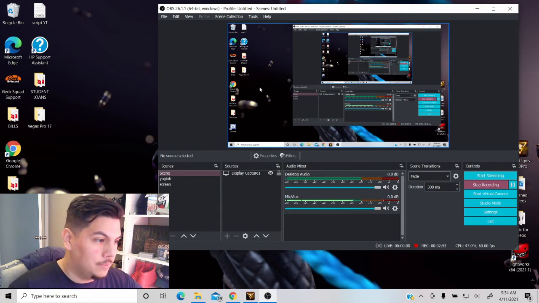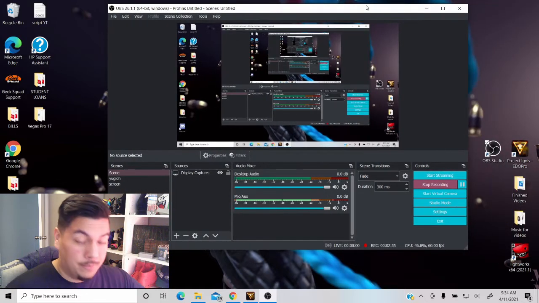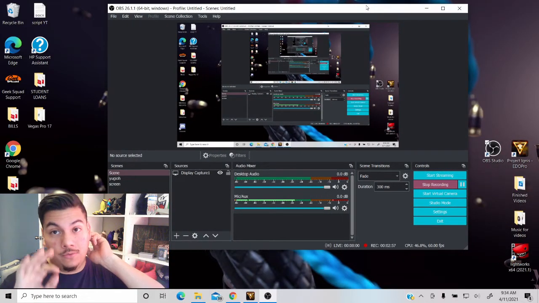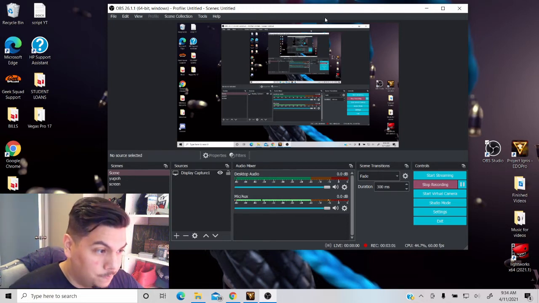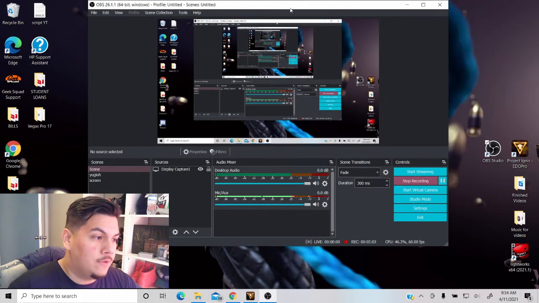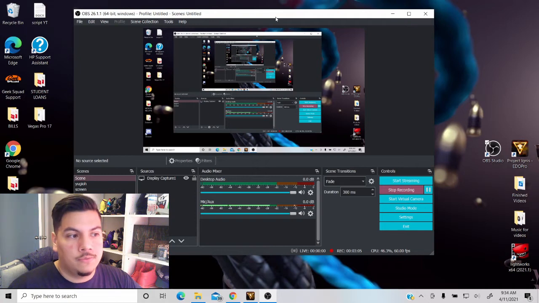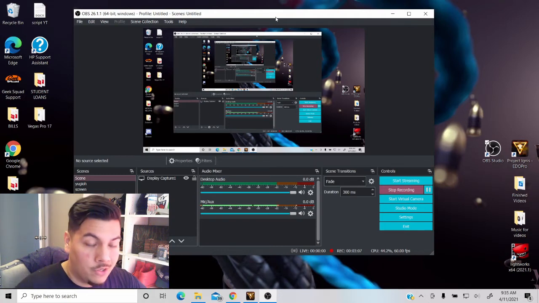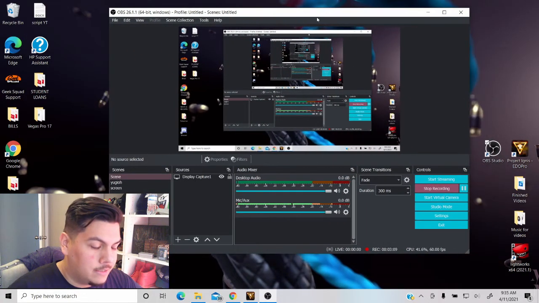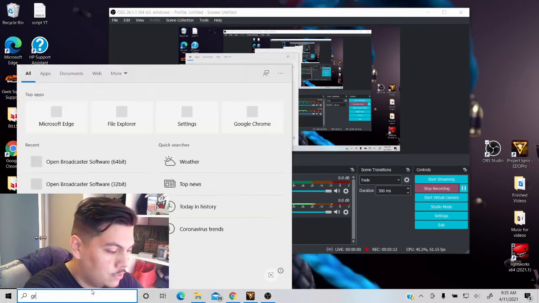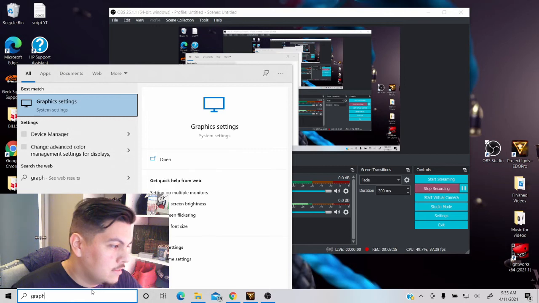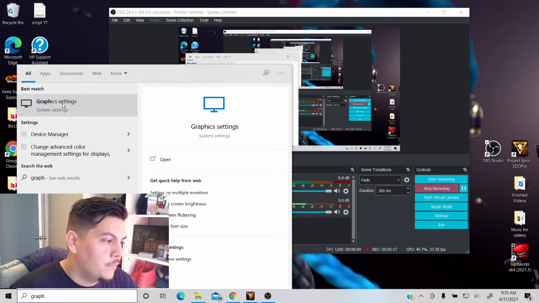Now, fixing the black screen, it could be one of three real things that might be wrong with it. The main reason why you may have a black screen on your OBS is, let's see. You have to go into your search bar, go into graphic settings. There we go, graphic settings. So once this thing decides to load up,